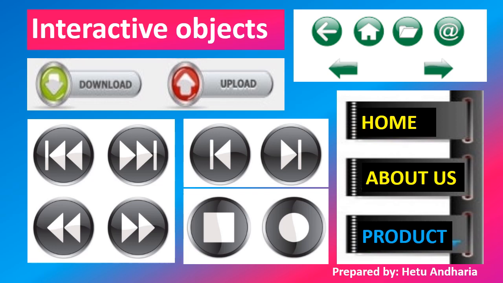First, you should be able to understand the meaning of interaction. What is the meaning of interaction? It is one type of communication. For example, if I am teaching this same chapter in the classroom, then it will be more interesting than what I am teaching here, because whatever doubts arise in the minds of the students, they will be able to ask me and I will be able to explain them in a better way. That process is known as interaction between me and the students.